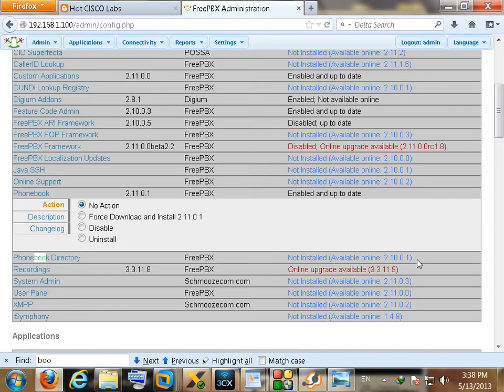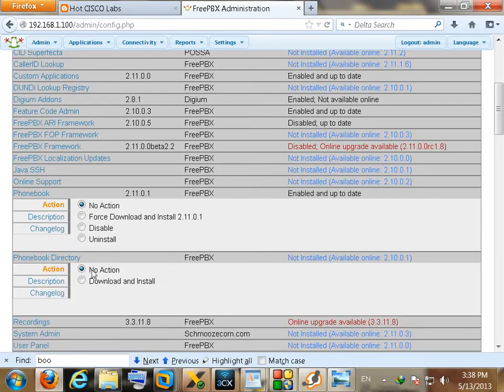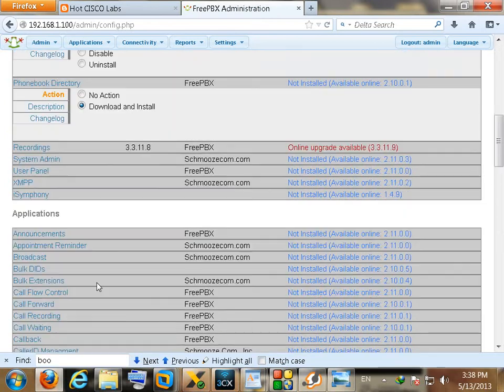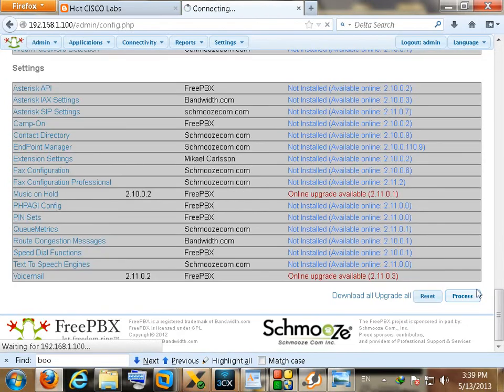It's not installed. You can see it's not installed, so I'm sorry about that. I should install this before the recording, but now let's install the phone book directory here, and in the description it will provide the dial by name directory for phone book entries. That's fine. Now let's install this,